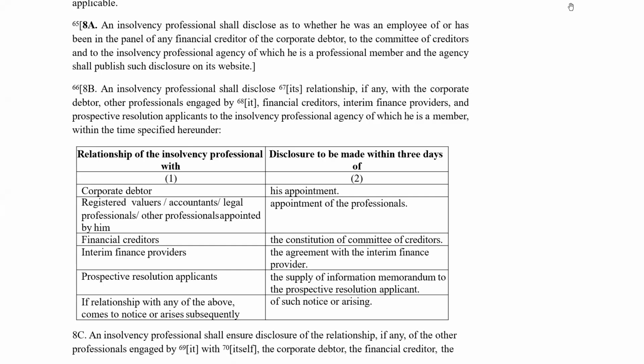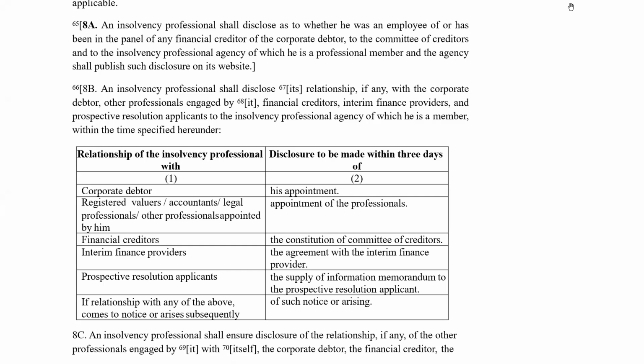ठीक है, अब रिलेशनशिप है क्या वो भी चीज डिस्क्राइब की गई है। An insolvency professional shall ensure disclosure of relationship if any of the other professionals engaged by it with itself, the corporate debtor, the financial creditor, the interim finance provider। यहां पर भी रिलेशनशिप ऑफ द अदर प्रोफेशनल। तो पहले में क्या दिया हुआ है? पहले में दिया हुआ है रिलेशनशिप ऑफ द आईपी, जो इंसॉल्वेंसी प्रोफेशनल का रिलेशनशिप है। दूसरे में किसका रिलेशनशिप है? रिलेशनशिप ऑफ अदर प्रोफेशनल, जो उसने अपॉइंट किया है, सपोज कोई वैल्यूअर अपॉइंट किया, वो आईपी के साथ रिलेटेड है।